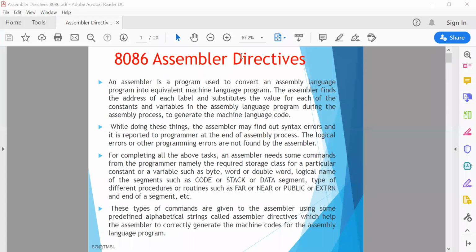The assembler finds the address of each label and substitutes the value for each of the constants and variables in the assembly language program, to generate the machine codes. So basically, an assembler converts an assembly language program into the equivalent machine code modules, which may further be converted to executable codes.